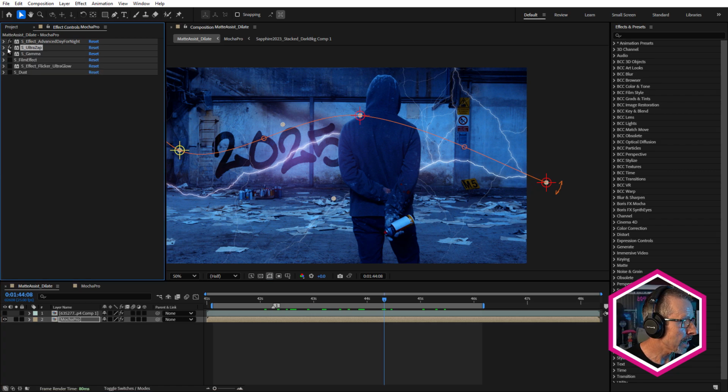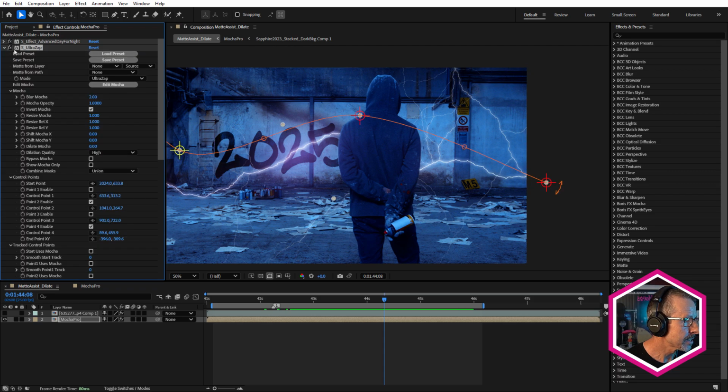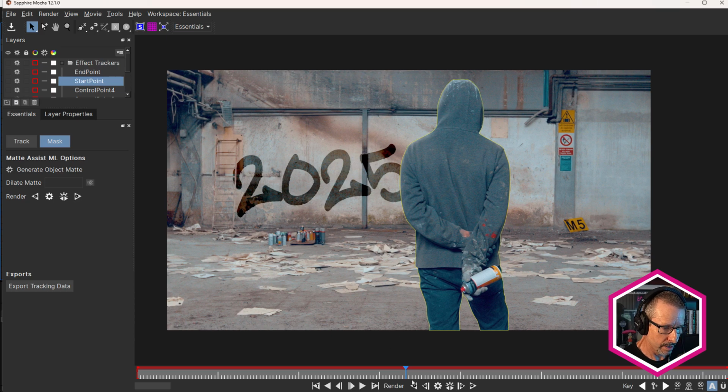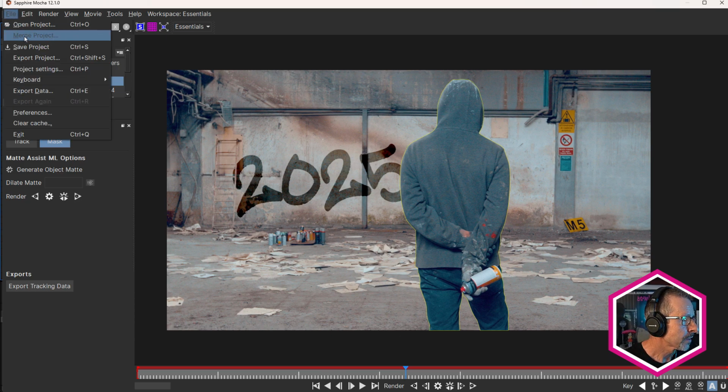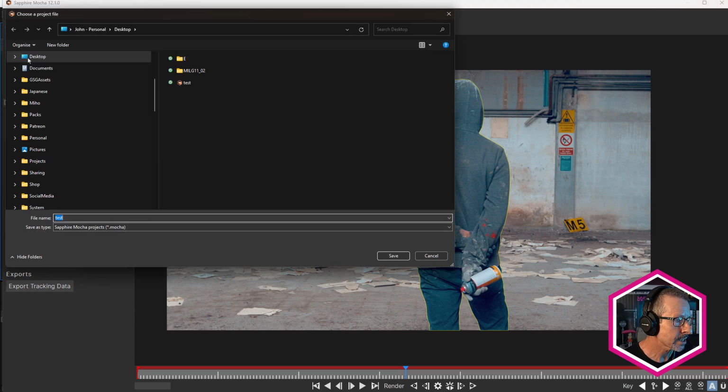So we'll just twirl that up and let's take a look at how it was used with some of these other effects. Now, I wanted to use the same matte for S-Gamma, but I don't have to go ahead and re-render that. What I can actually do is just very quickly, inside of Mocha, for Ultra Zap, all I have to do is come up and choose File and Export Project.